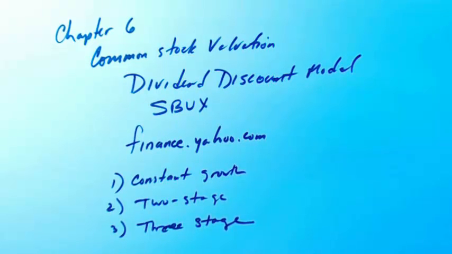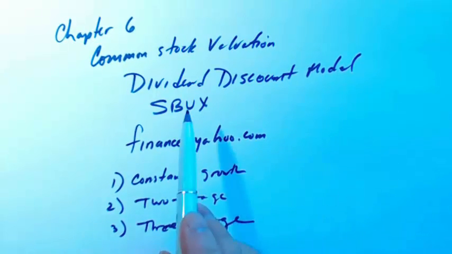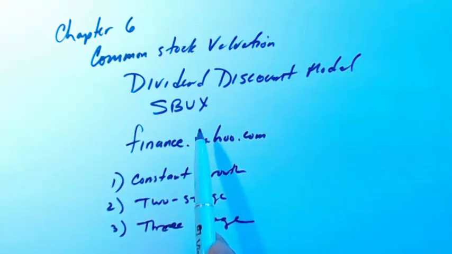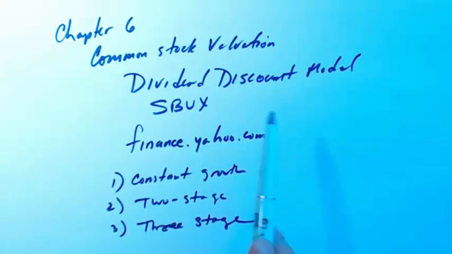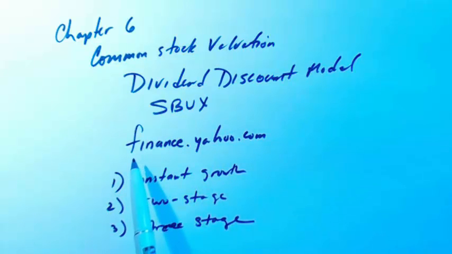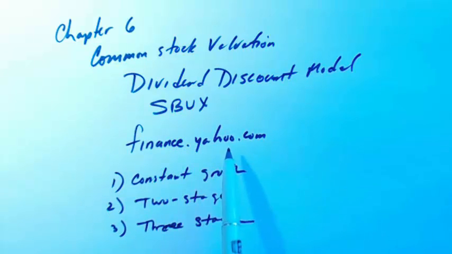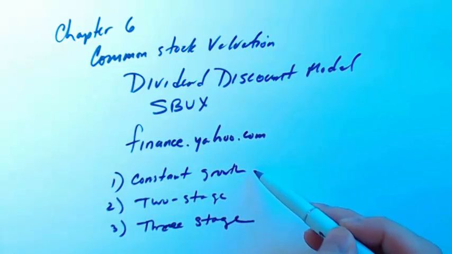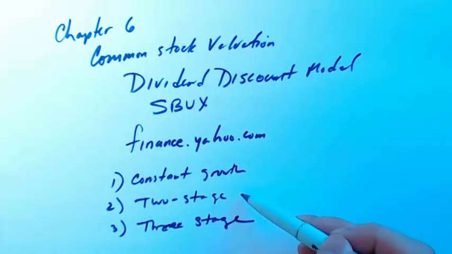This video covers Chapter 6 material on common stock valuation. Specifically, I'm going to cover the dividend discount model applied to Starbucks. Everybody knows about Starbucks, the coffee company. I'm going to get my data from finance.yahoo.com, and I plan to look at the constant growth model, the two-stage growth model, and the three-stage growth model,